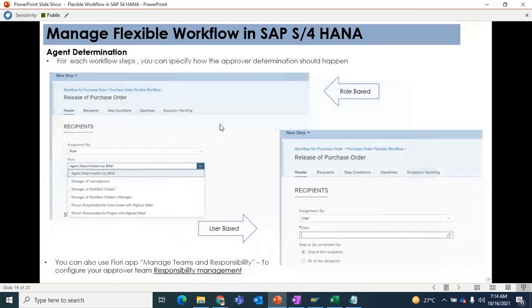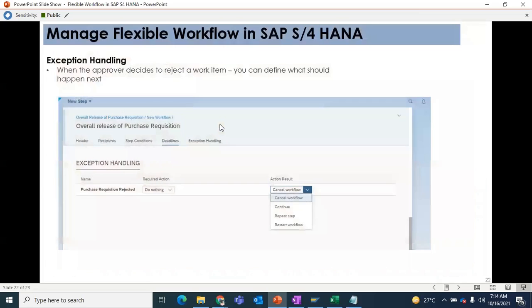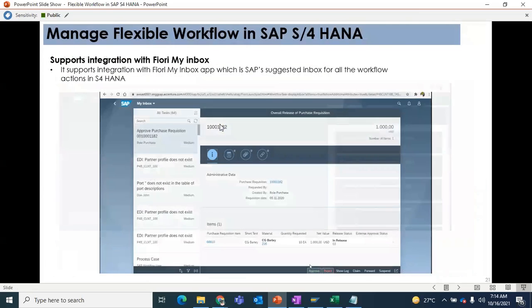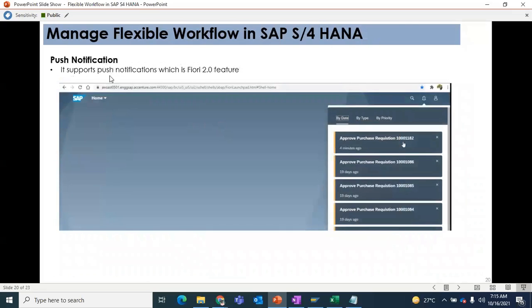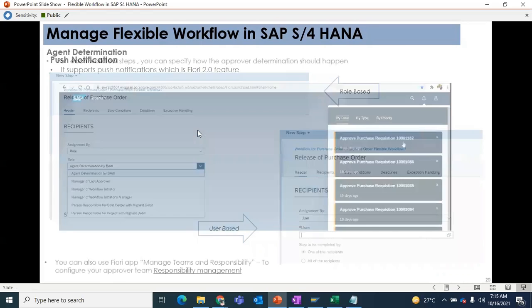So these are the start conditions. Let me just quickly see. Yeah, this is how the push notification looks. Can you see here? There will be a bell icon in the Fiori app, and you will have the notifications here: approve purchase requisition, approve purchase order, and such. You will have them with the number, and the manager will come and see, oh, I have to approve this purchase order. He just clicks here, and he will